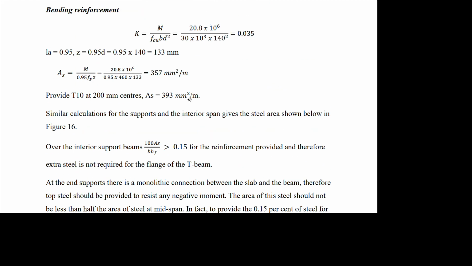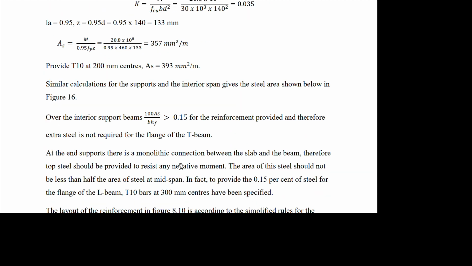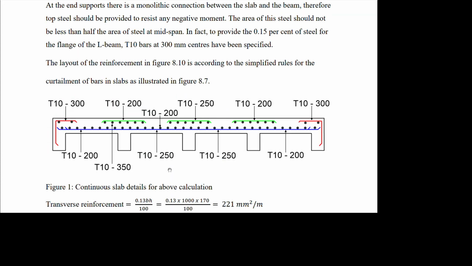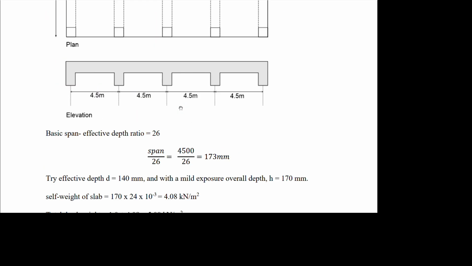Whatever we have done here is just for the main reinforcement bar, which is what we're having here, T10 at 200. If you look at it here, we have T10 at 200 for this main bar. Sorry, for this one here rather. This is the one we treated in our table where we selected the first moment